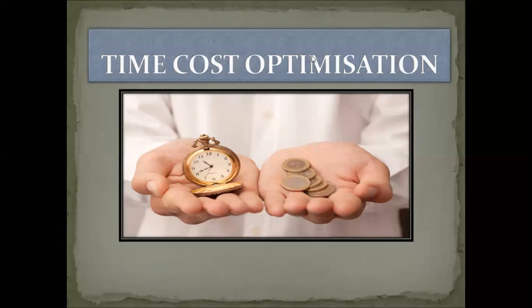Then what is the indirect cost? Indirect cost is the labor charges. Suppose for your house building project you are using 10 laborers, then the salary of those 10 laborers is indirect cost. Suppose you are giving 300 rupees per laborer per day. Then for a single day, for 10 laborers, 3000 rupees is the indirect cost. It is a simple calculation.